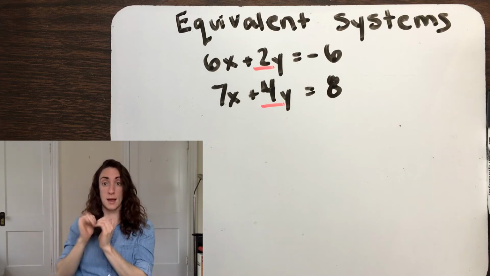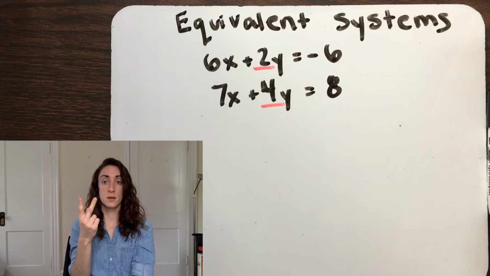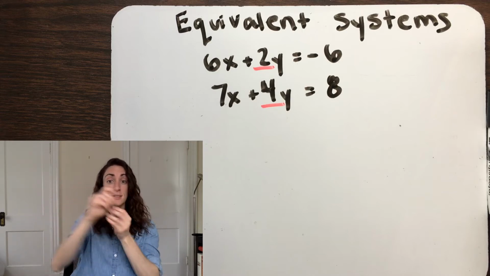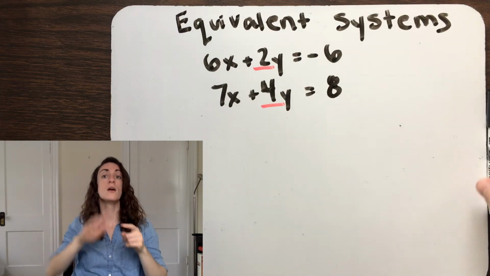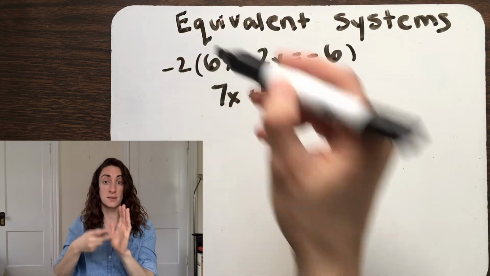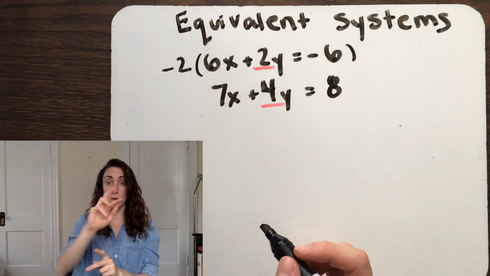The way to turn that 2y into a 4y is to multiply it by 2. But of course, we can't just multiply that term by 2 and leave everything else as it is. That would be a different equation. If we multiply both sides of the equation by 2, then we'll maintain equality